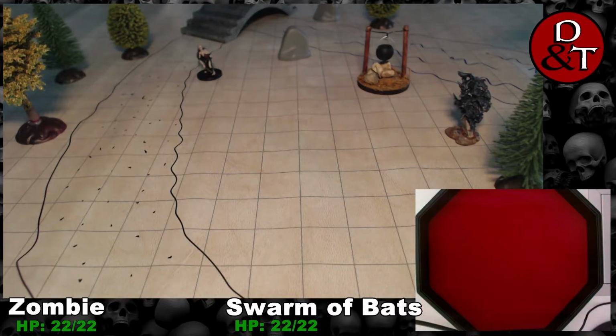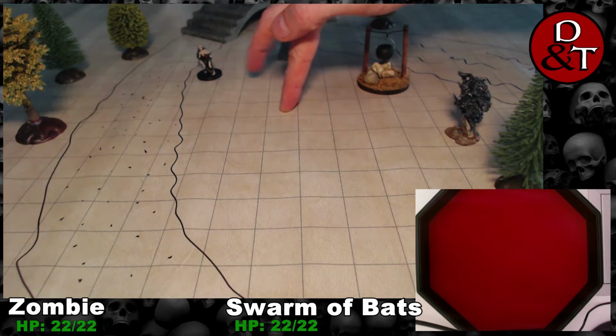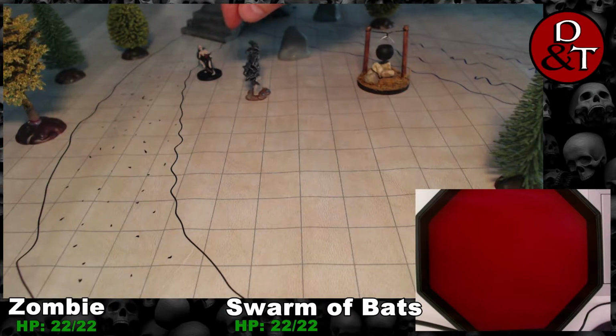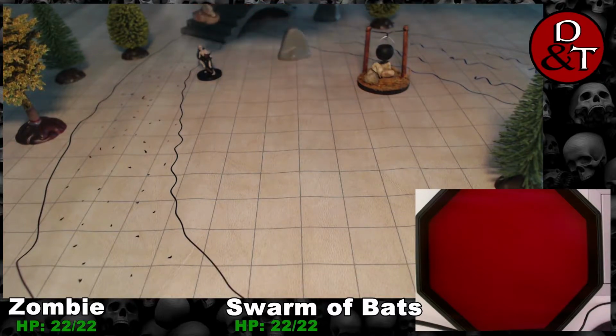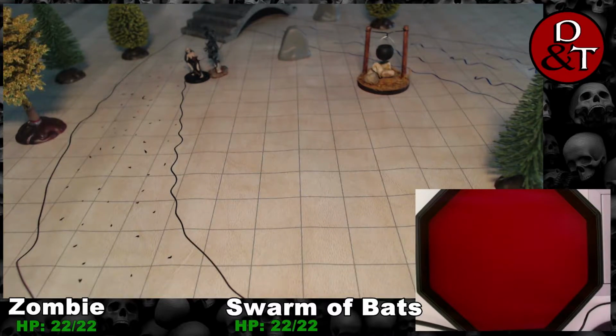And we've placed them on the board already. Let's see here. I'm not sure I can get to you in one round. 5, 10, 15, 20, 25, 30. Yeah, it's going to take me 2 full... Is your speed 30 because you fly? Yeah, it's 30 flying. Okay. So it takes me 1 full turn, both my movement and my action, to get